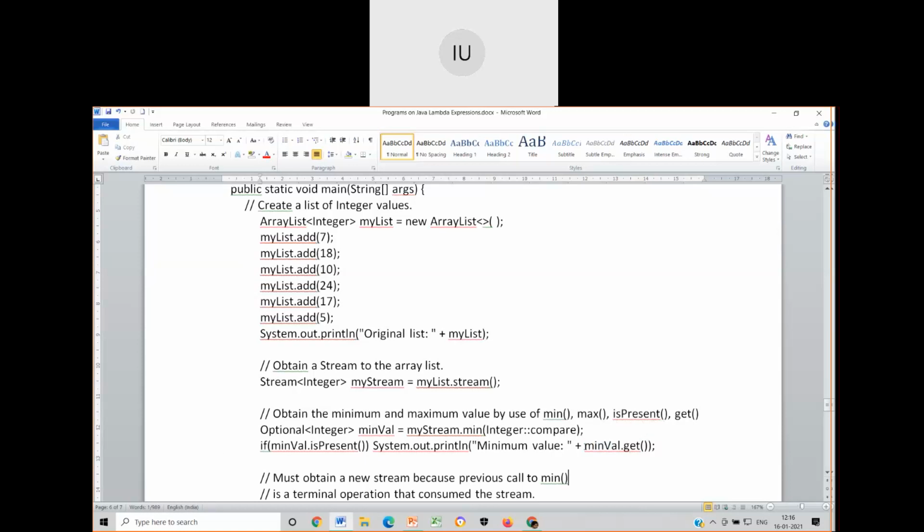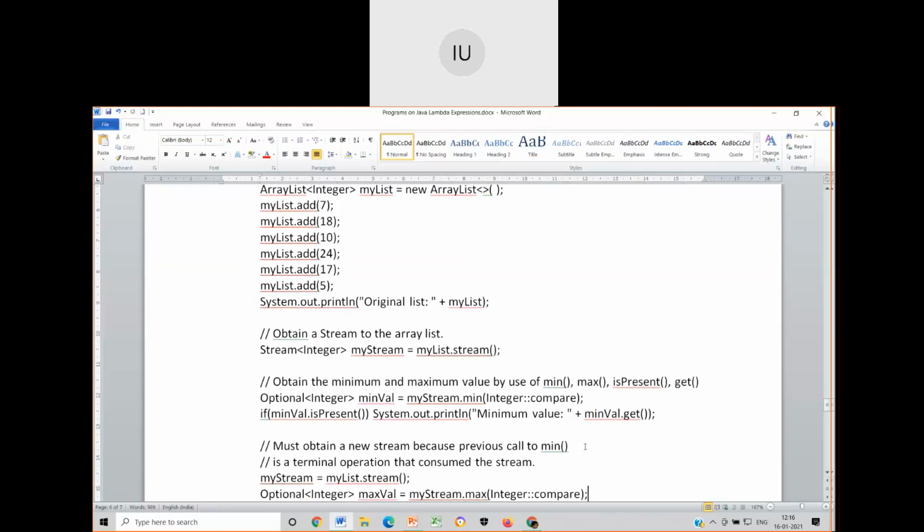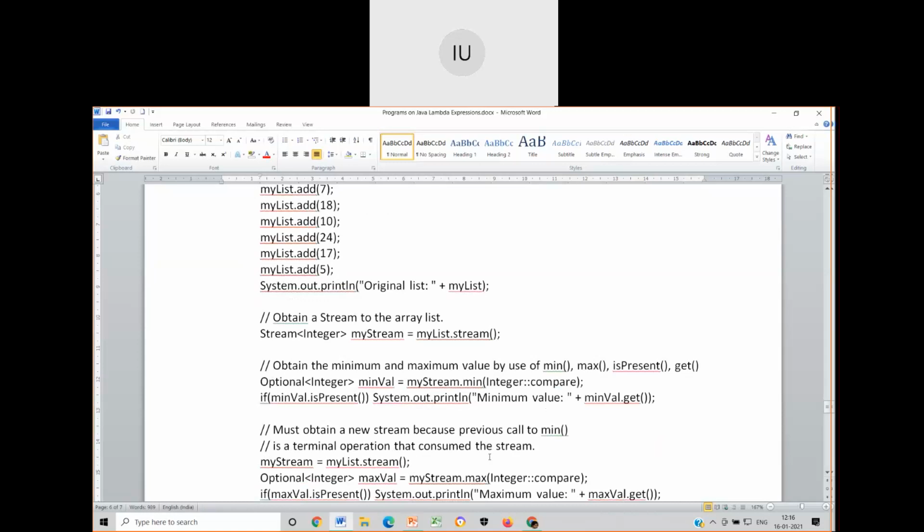Now, similarly, if I want to have max, I will call max with reference to my stream. Again I will create an optional, and have the integer comparison done. Now, Varshini was talking about applying is present.